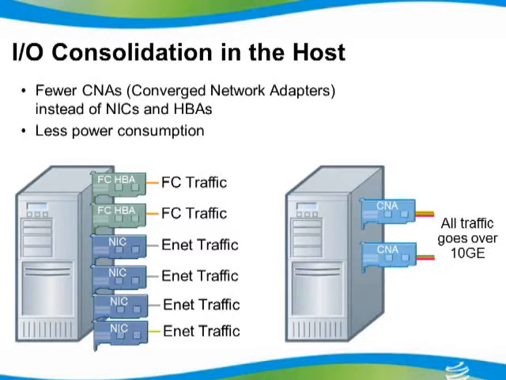I'll give you a scenario. Say we're going to have a VMware server within our environment. I'm going to need a network interface for my LAN traffic. As a matter of fact, I'm probably going to have two network interfaces for LAN traffic. I'm going to need a network interface for management of the environment, one for high availability or the heartbeat between the different nodes, and another interface to talk to my shared storage. If you've been counting with me so far, that's 5 cables. If I need any type of redundancy, I'm going to double that, so a total of 10 cables. It's not uncommon to see 6 to 10 cables come out of the back of a virtualized server.